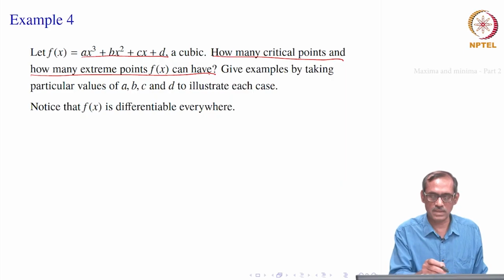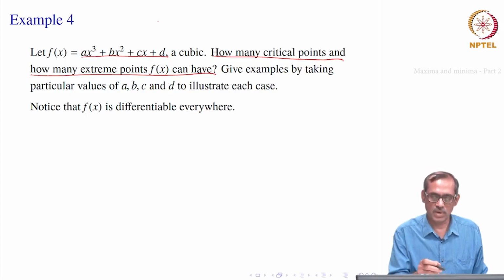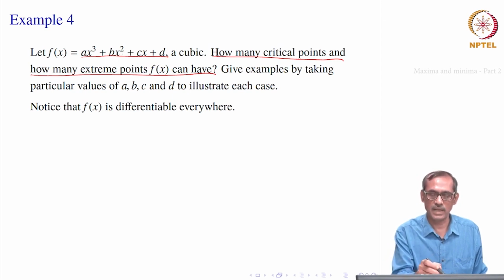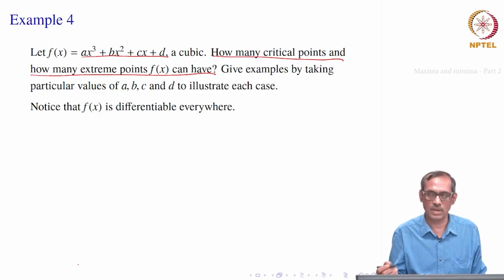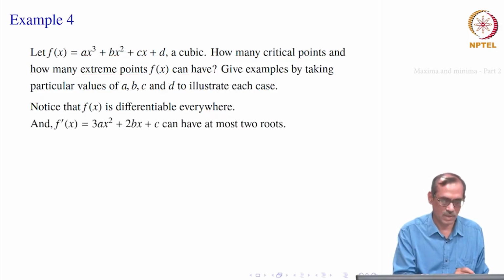To find the critical points, this is a polynomial, it is differentiable everywhere, right, and it is defined over the whole of R. So, every point is an interior point, but f prime of x will be quadratic, right, 3 x square into a plus 2 x into b plus c. So, that can vanish at most at 2 points. If there are real roots, there will be exactly 2, if not there will be 0, right. There will be only complex roots, so it will be 0, depending on a, b, c, d.